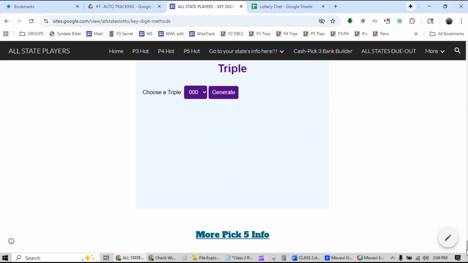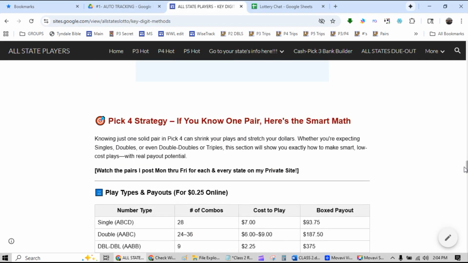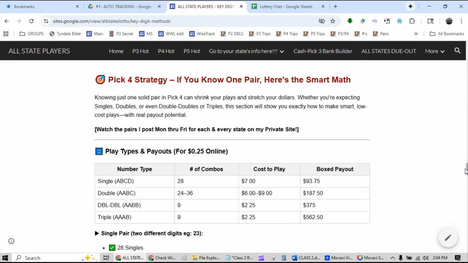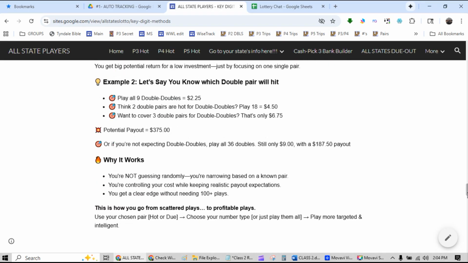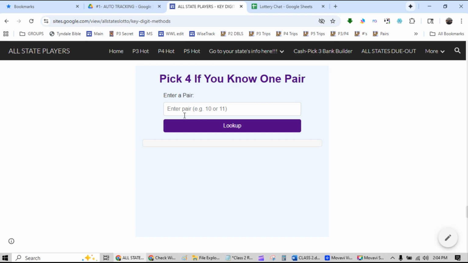And let's see, it's not at the very bottom because Pick 5 is there. But you've got the Pick 4 strategy. If you know one pair, here's the smart math, and it goes through that. And there is the "if you know one pair." So, if you've been seeing on your discussion board, or if you're doing your pair research yourself,